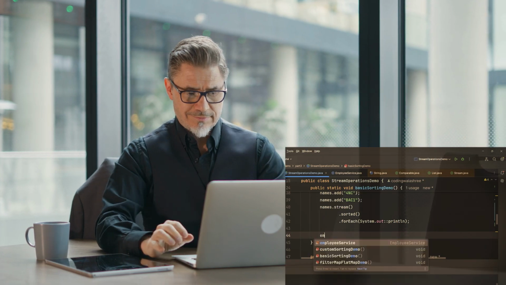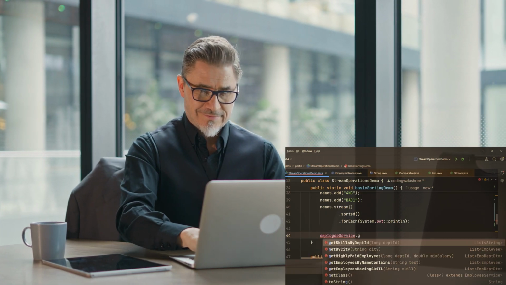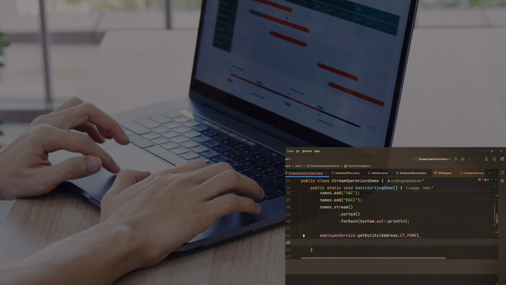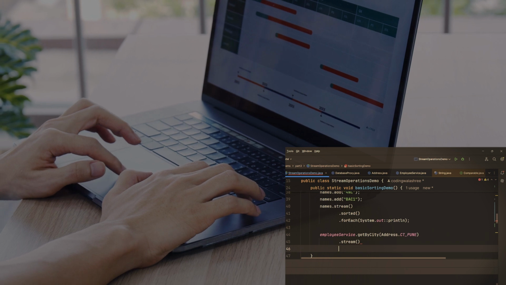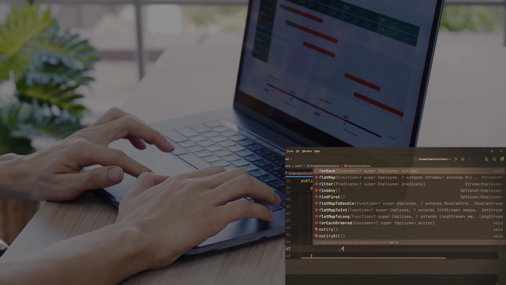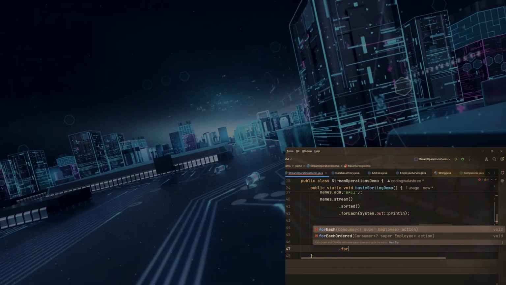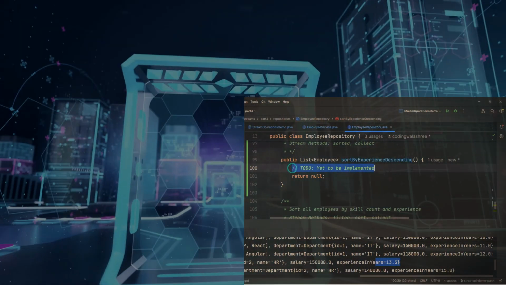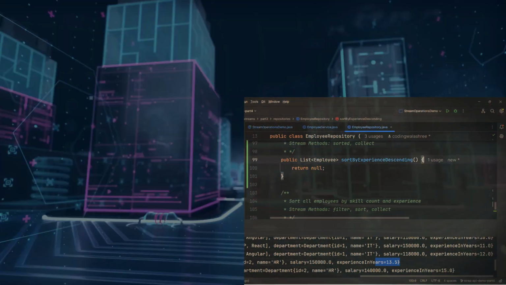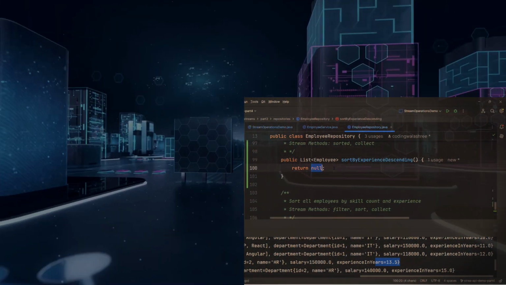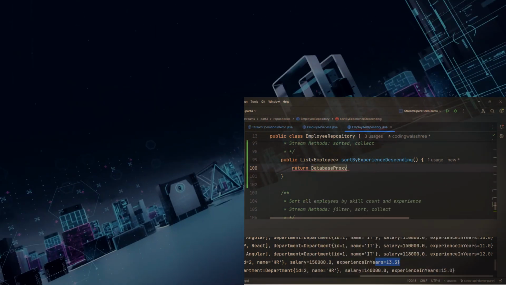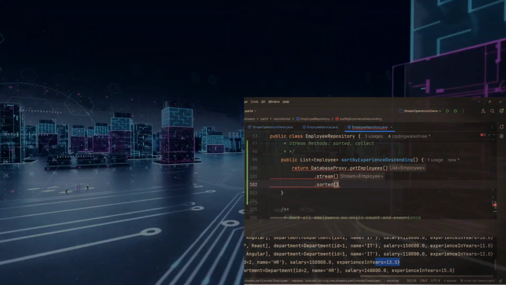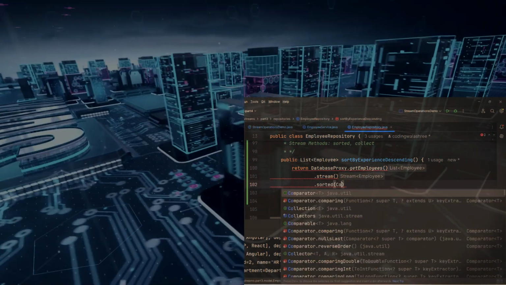In Java, there are multiple ways to sort, and one of the most powerful approaches is using streams. But how does it actually work? If you have never used the sorted method before, you might think sorting is just one simple operation. But what if you need to sort products by price in ascending order? What if you need to sort employees by salary and then by experience? So there are two parameters involved for sorting here. Or maybe sort names alphabetically while ignoring the case. These are the special cases for sorting. And Java Stream offers a clean and flexible way to achieve all of this with just a few lines of